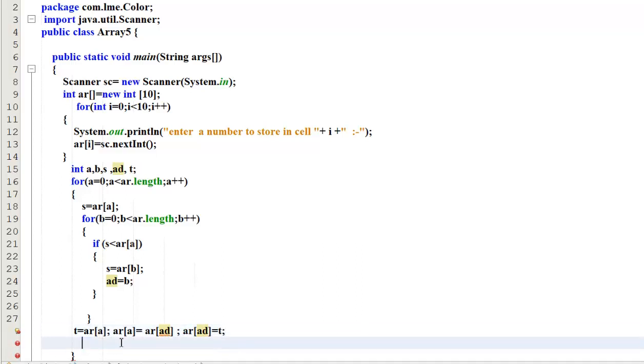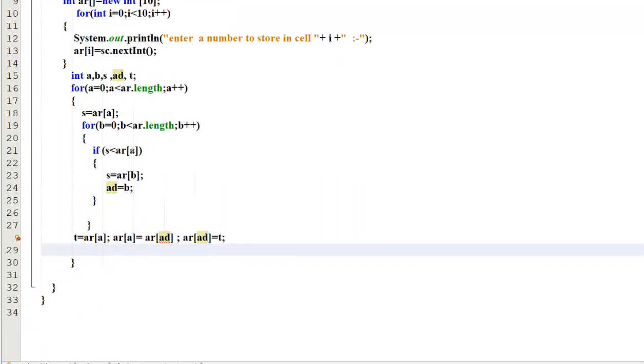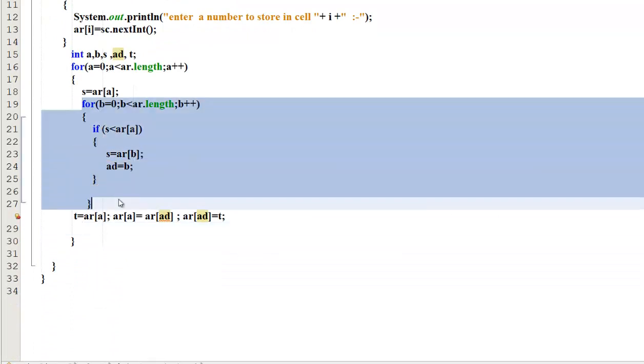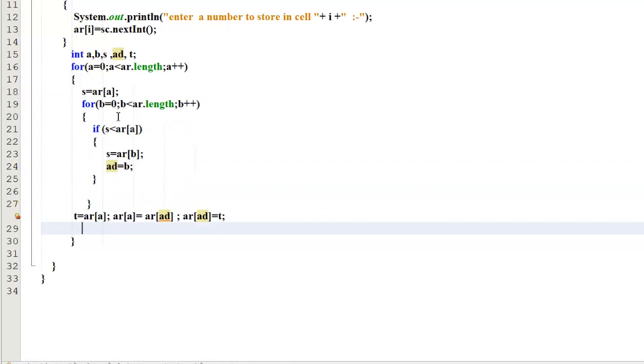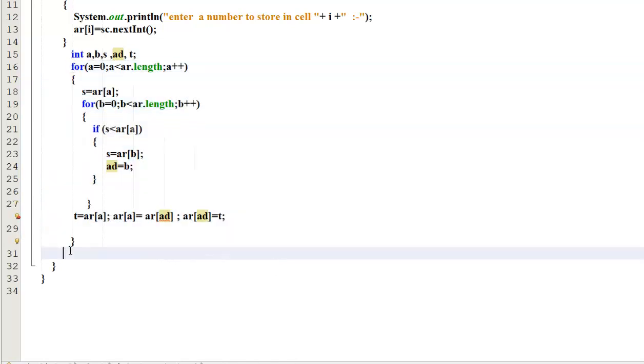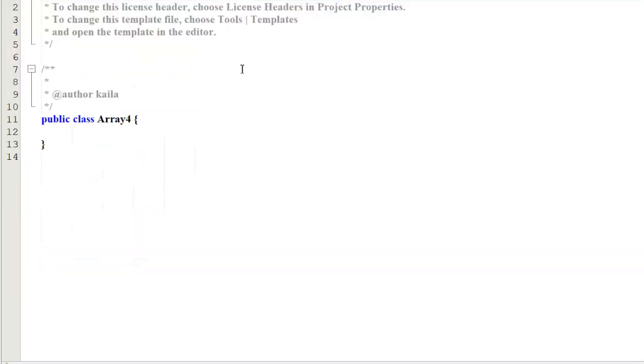This is the way to interchange the values. That's fine. After completion of this loop, it will interchange the value of the first cell, and after completion of the loops the complete array will be sorted, and we want to print the array. We have to write that method, the print array function.